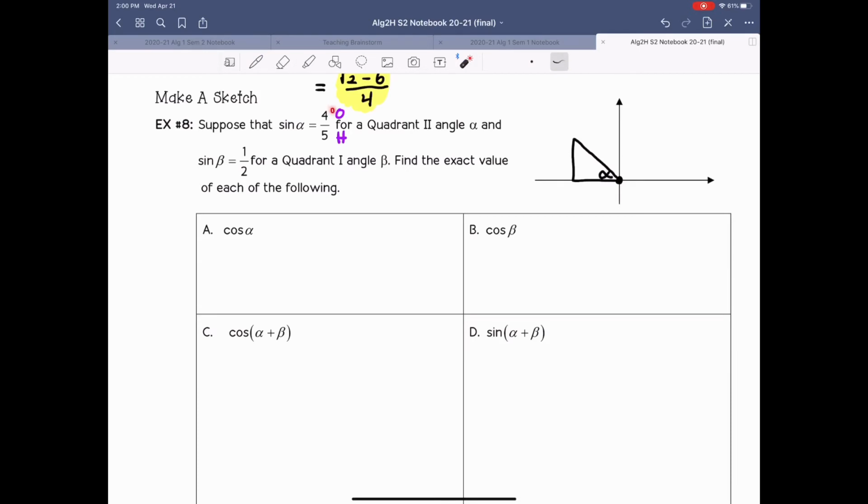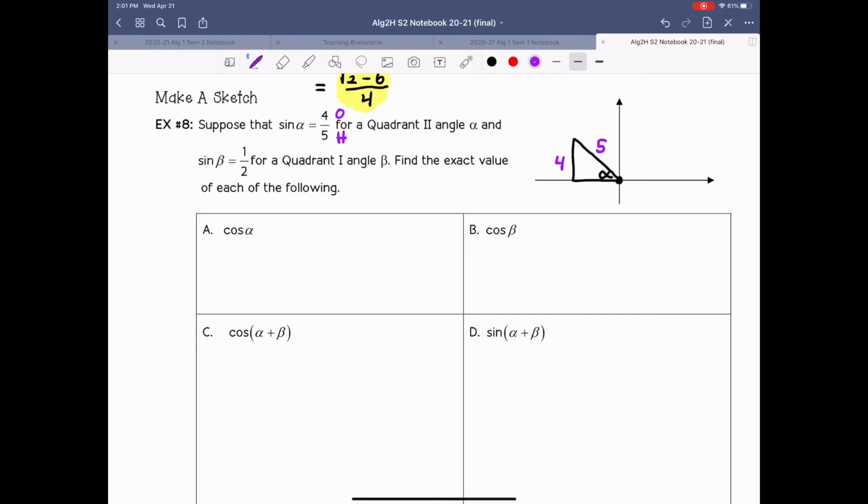So if we have the fraction 4 over 5, I know that the opposite side of angle alpha must be 4, and the hypotenuse must be 5. So looking at alpha, the opposite side we can say is 4, and the hypotenuse we can say is 5. Now, if I wanted to finish off this triangle by finding the missing side,